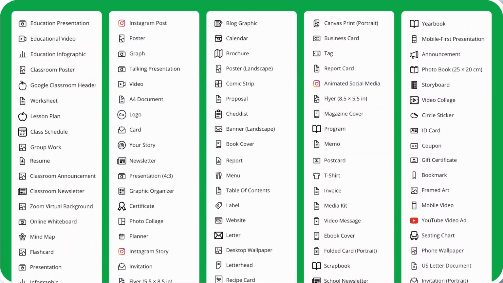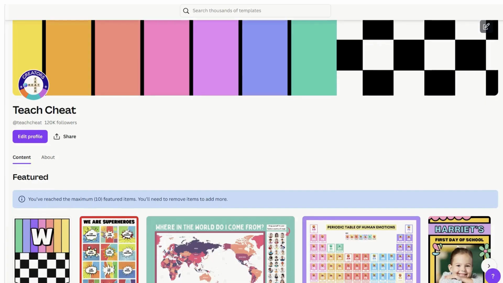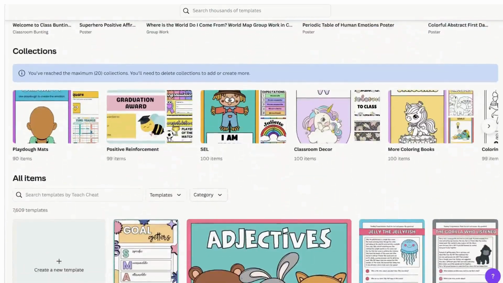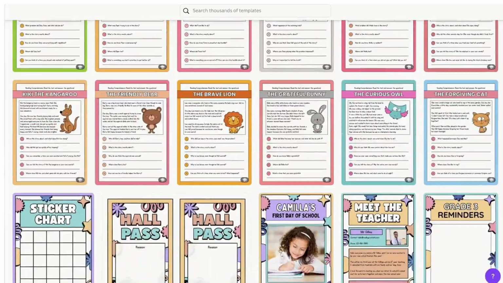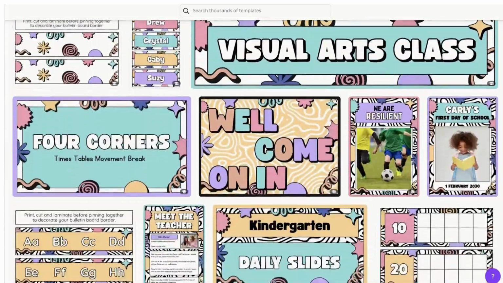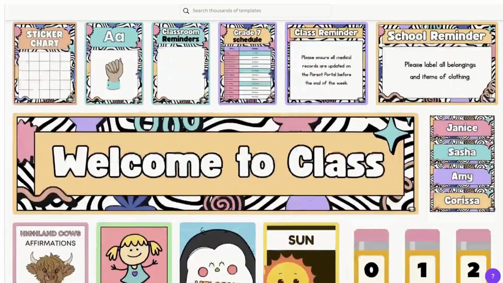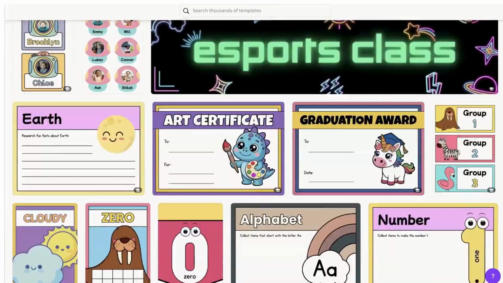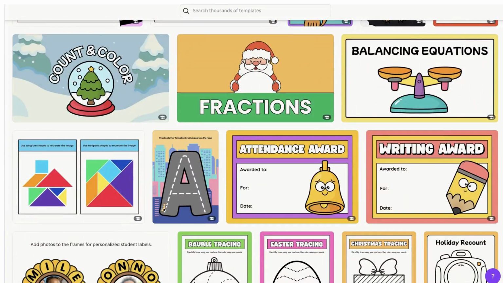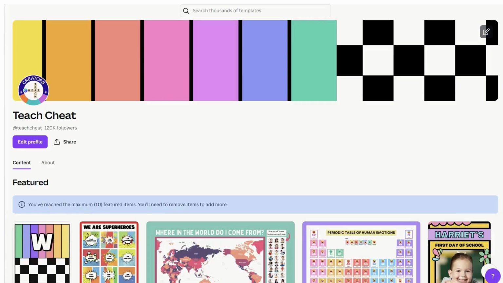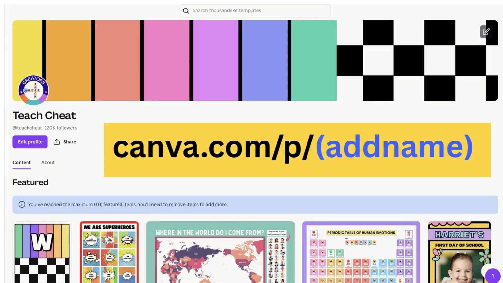I'm also going to give you just a little bit of an insight about how a Canva creator's public profile looks and how you can navigate within that as well. You can see from my profile here that I have quite a range of different kinds of designs, anything and everything from a minimalistic look for high school students all the way down to bright and colourful rainbows for your preppies and your kindergartners. If you'd like to look up your favourite creator, always type in